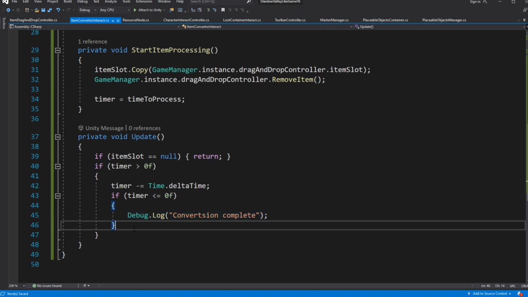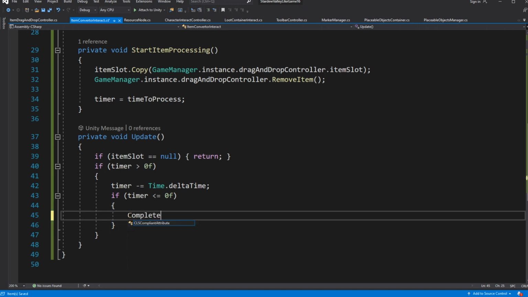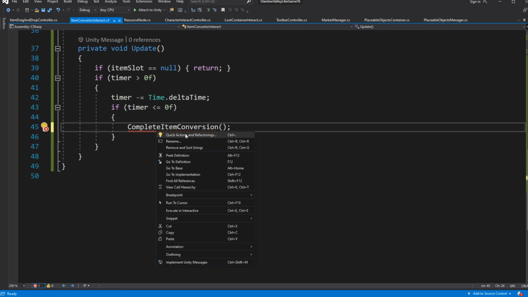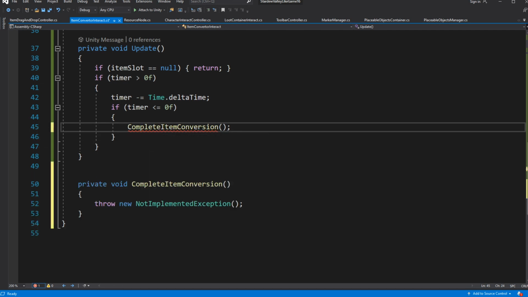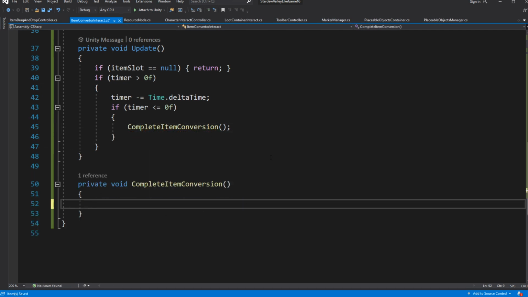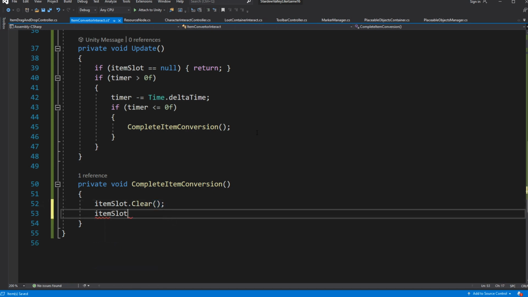Back to the interact. We just place the item into the processor. Now we want to convert it into a different item after it is done converting and get it out of the processor when the player interacts with the smelter. So after you are done processing the item, create and call a new method called CompleteItemProcessing. Inside we will place a processed item into our item slot.